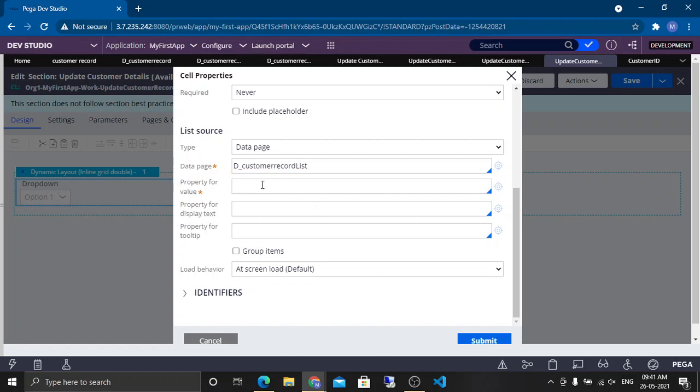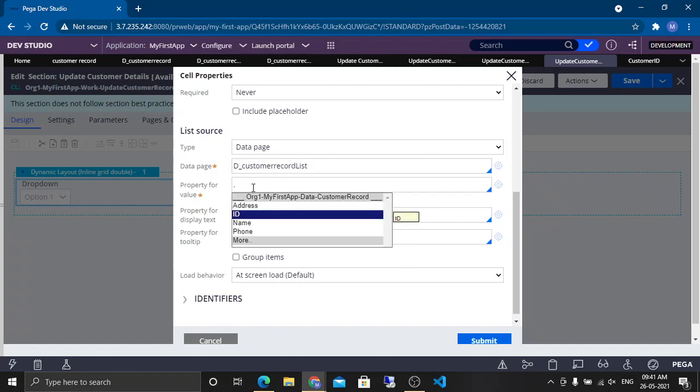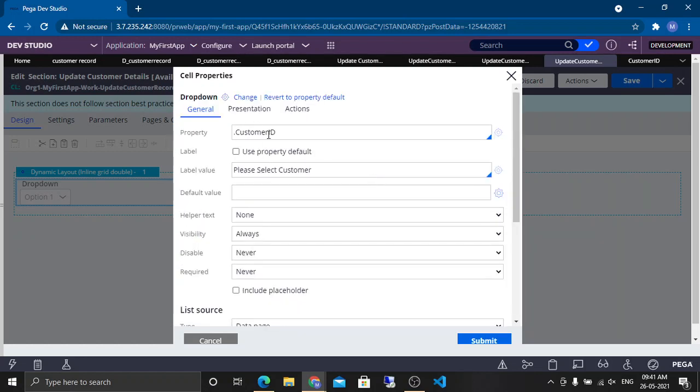Okay, why is nothing coming? Oh, sorry, everything is fine. For value, I want to keep ID in the background, and the user won't understand ID, so I'll take name. So the dropdown will show name, but in the background it will store ID in this variable.